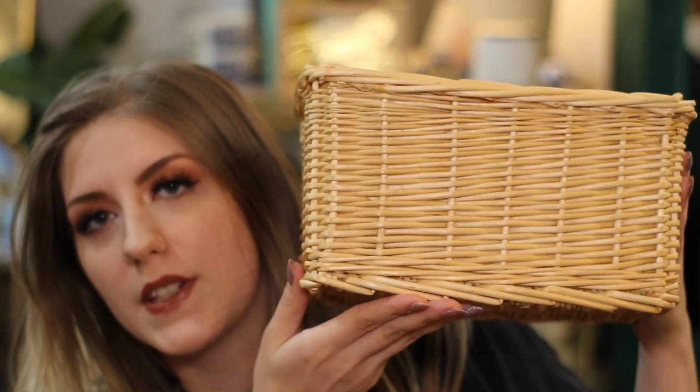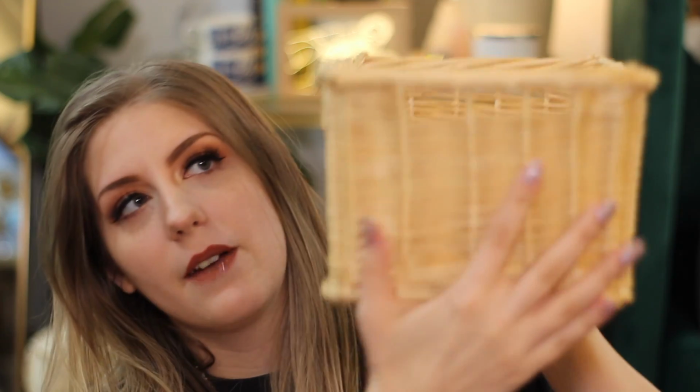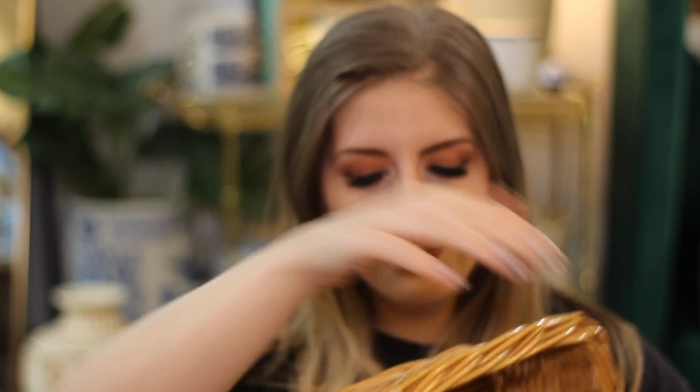And then this one is slightly deeper. It's raw, so it was unfinished, untreated wood, so I really liked that. And this one is a little deeper, but it does have those same cute little handles, so they kind of match, but they kind of don't. They're really eclectic and they look pretty good together, I think. So I picked those up,